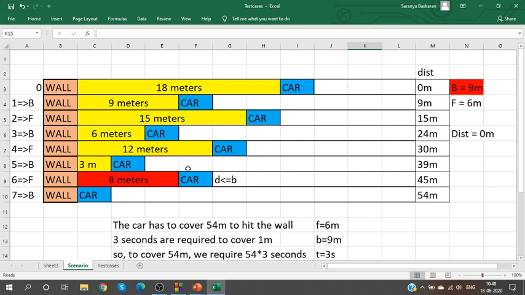Yes. So the next thing we are going to do is, for the same problem, instead of moving the car forward and backward, we are going to determine directly how it works. We'll try to determine directly after how many seconds the car will hit the wall. So the next thing we are going to calculate the value.